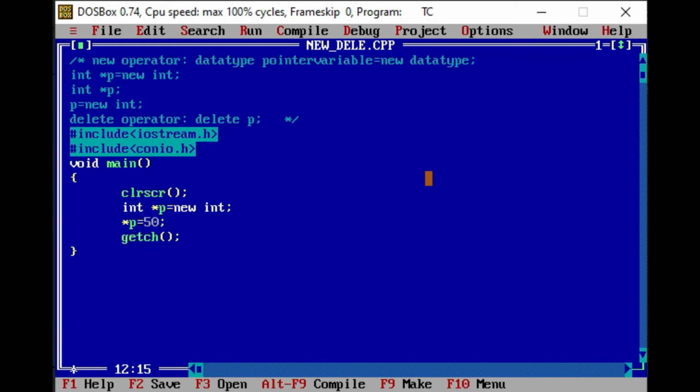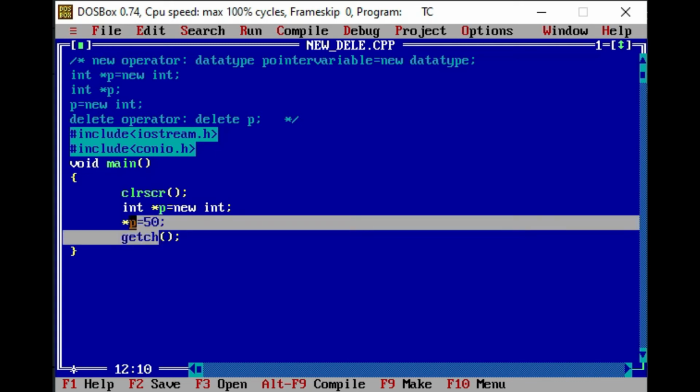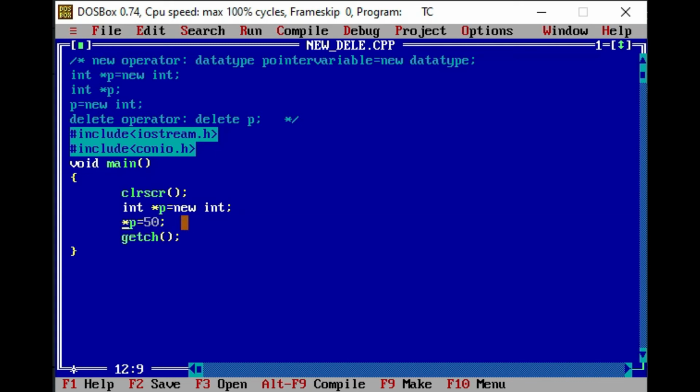Instead of this statement, if I want to take the value from the user, then I can write cin, extraction operator, and then *p. Here I have taken the value at compile time only, by using the assignment operator, so the value is assigned through the pointer variable and stored in the location in memory which was just allocated.